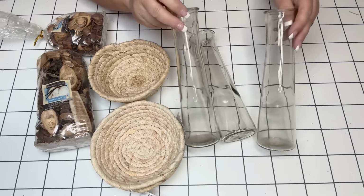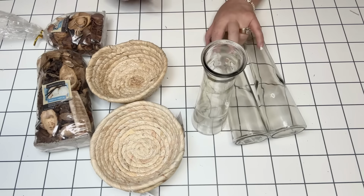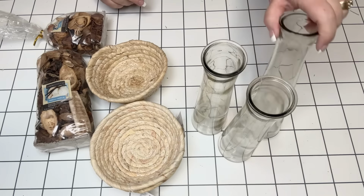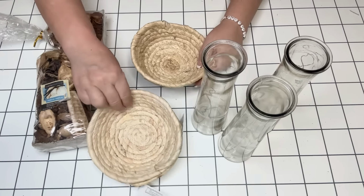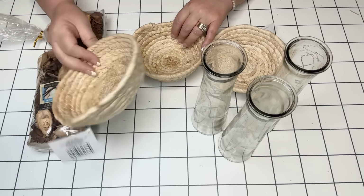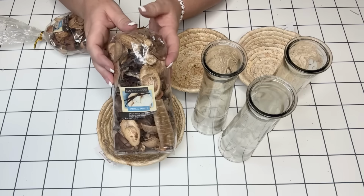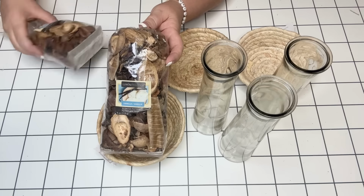For this project, I'm going to be using 3 of these tall Dollar Tree vases, and you can usually find these pretty often at the Dollar Tree. It's kind of become one of their staples. And then I'm going to use 3 of these little woven baskets. These, again, I've been seeing every time I've been there. And then I'm also going to use some potpourri. I had this full bag, but I also had a half of a bag, so you would only need 1